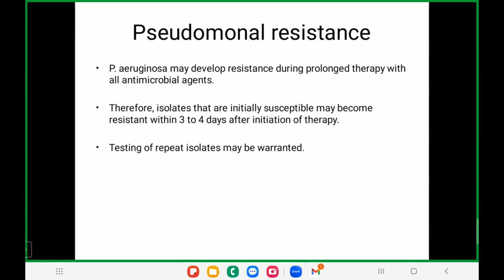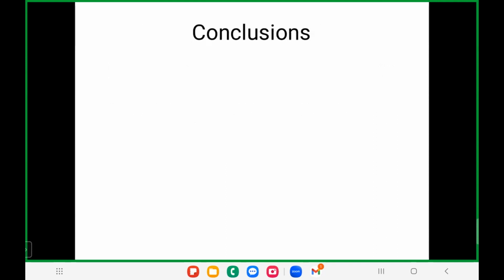So coming to Pseudomonas, even though they are initially sensitive, after 3 to 4 days of antibiotic therapy they can become resistant. That's why if your child is not responding after that, you need to repeat the antibiotic testing. Don't stick to the idea that this drug is sensitive for the Pseudomonas, so I'm going to continue for the next 14 days. Please try to repeat the culture if the child is worsening at any point. And if the clinical scenario is not promising, try to repeat it early, at 3 to 4 days.